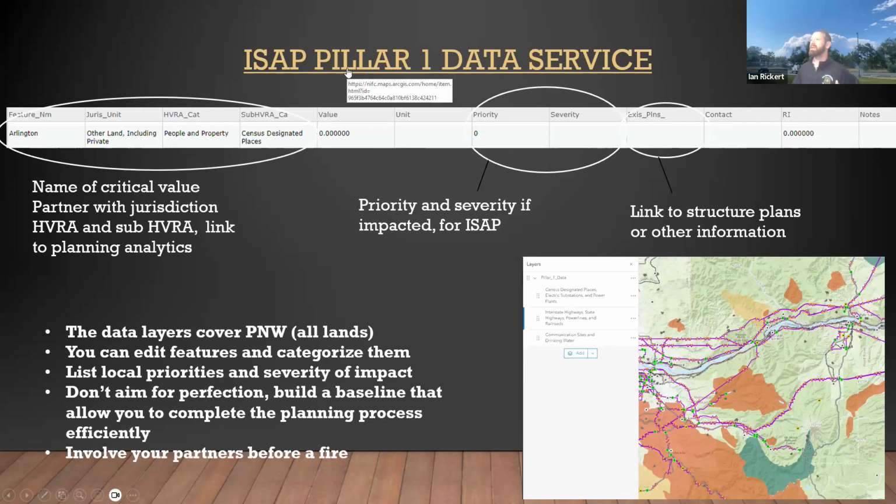You can click on this hot link here, and it's going to take you to an ArcGIS Online layer that has at least the most commonly used critical values in ISAP. Those are the things that I just mentioned. It's not intended to be inclusive and cover everything, but this is built so that